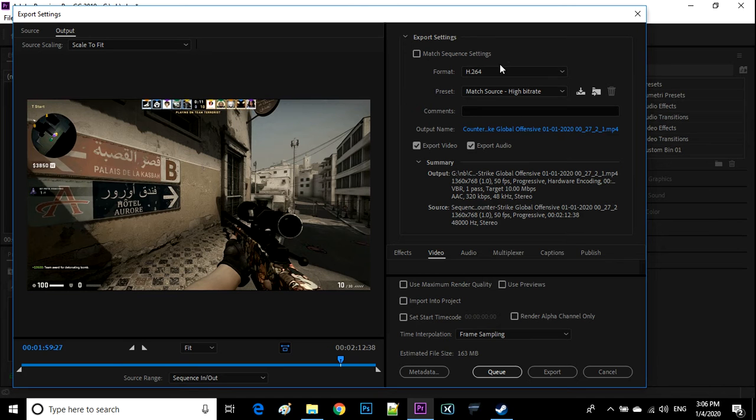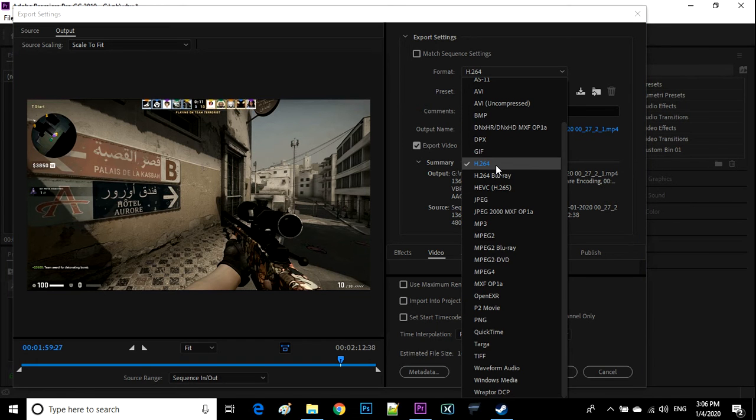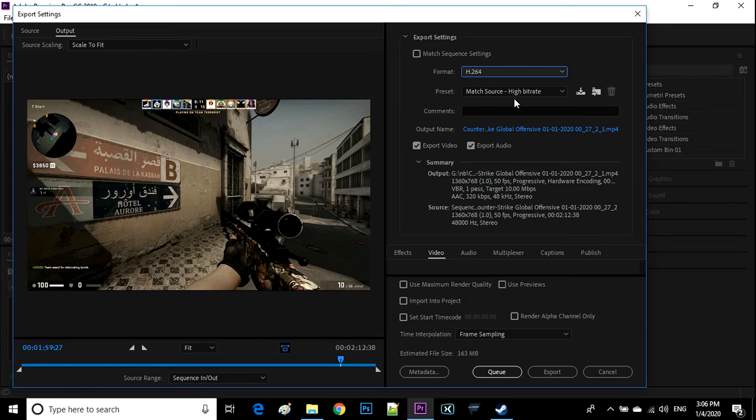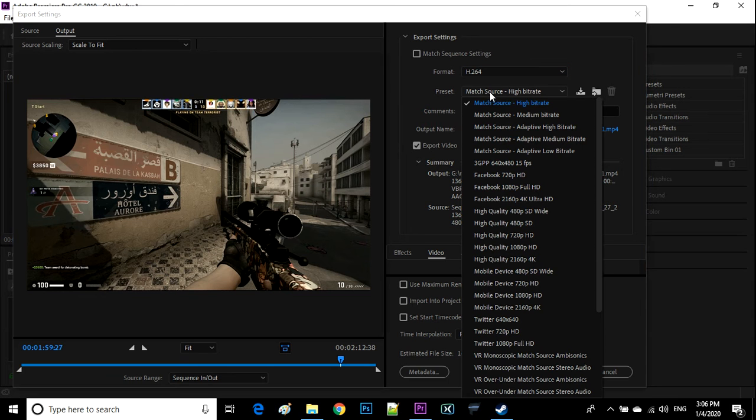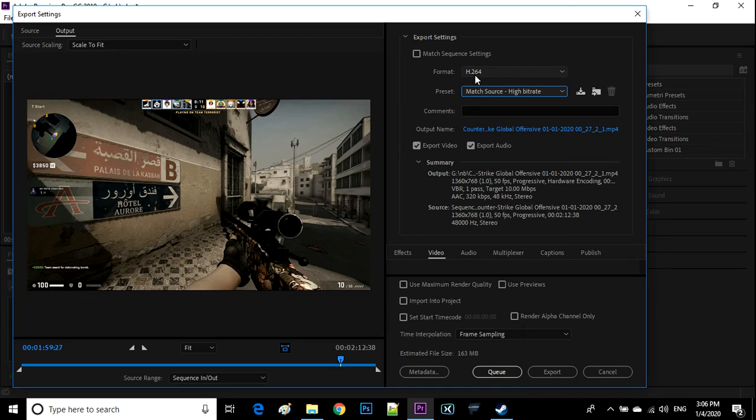And in the format, I choose H.264. So you can choose that, and automatically it will be selected. Otherwise you can choose high bitrate. So that is the best format I found, and keep